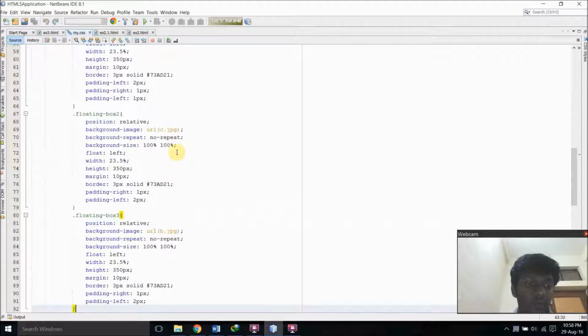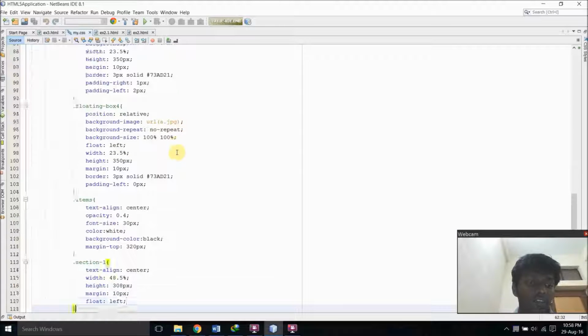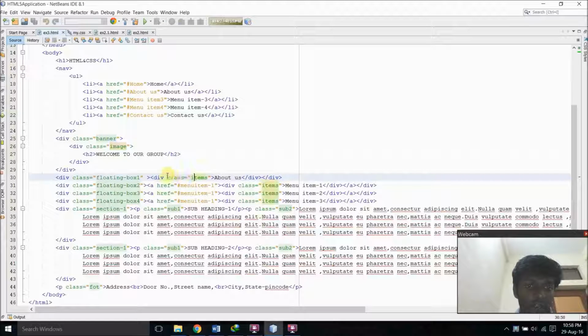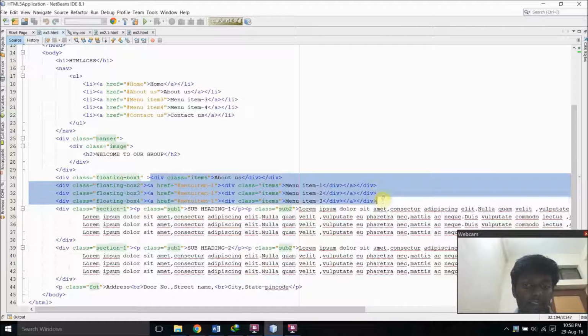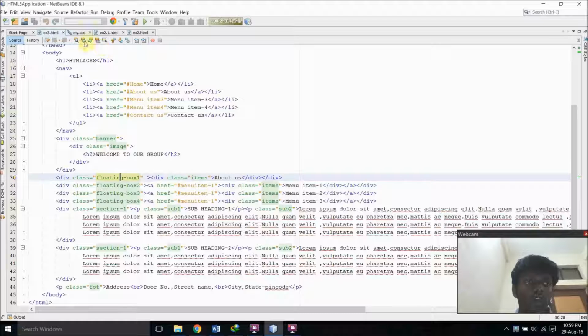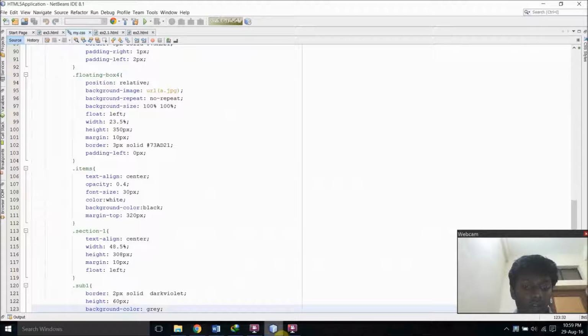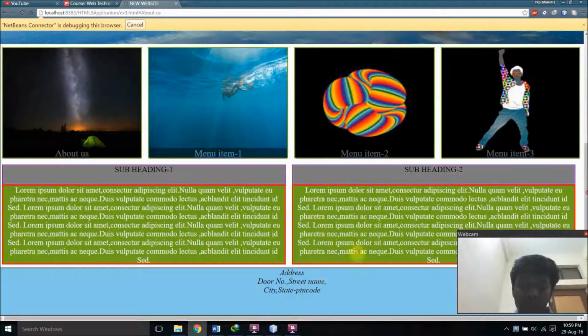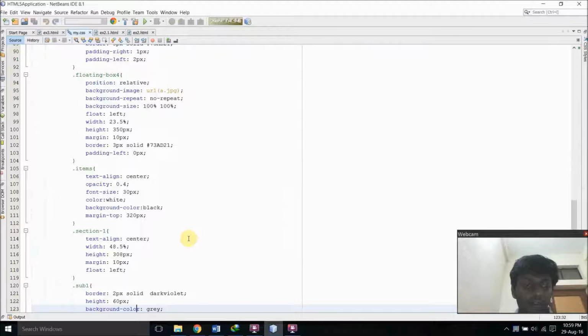And likewise, we have 4 boxes, and again we have another thing called items. Here, this part where div class equals items, all this text, as you can see, is undergoing those properties along with the floating box ID also. So both the properties are undergone by the elements that are included here. Those are these four, and finally